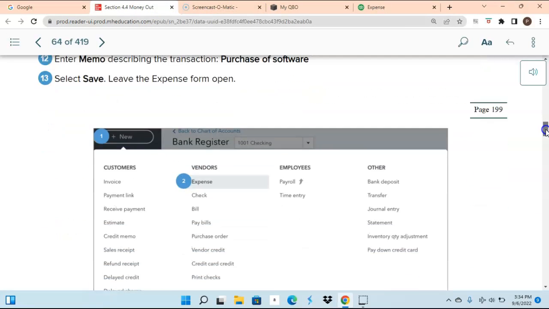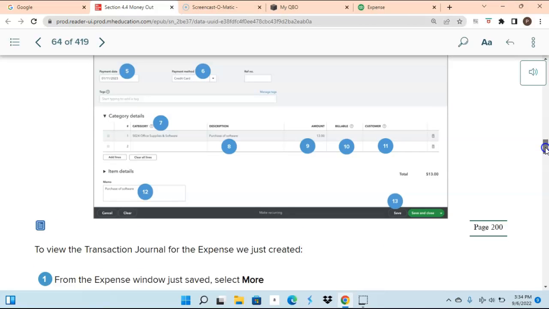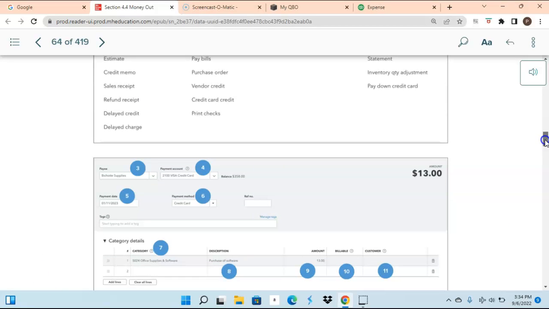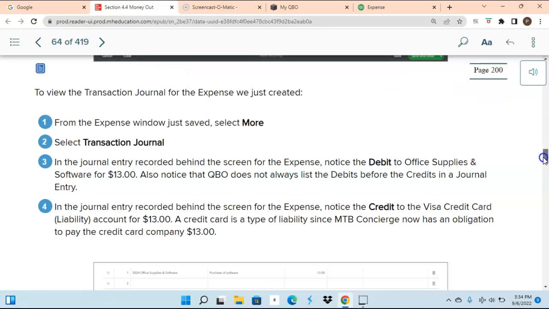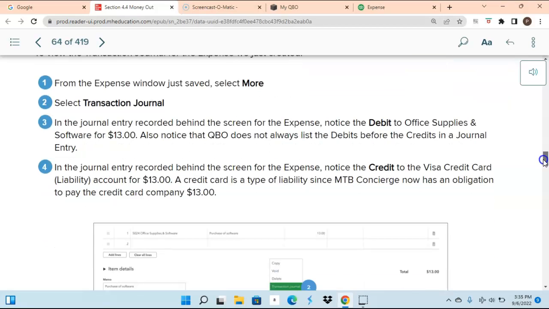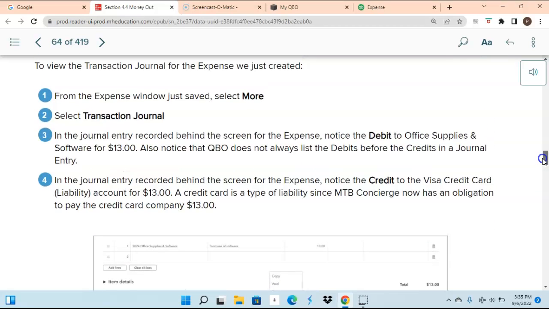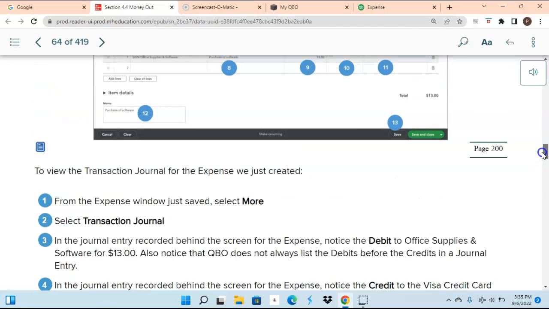Okay. So this is just a view of that. But again, we went through all these steps. What I do like about it is that it's going to number the steps for each transaction. So even when you're going through this, you can make sure that each of these items has actually been completed. Now, to actually see that transaction, we can go over to our transaction journal, and that should show the actual